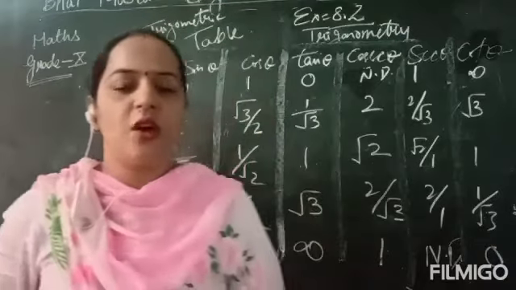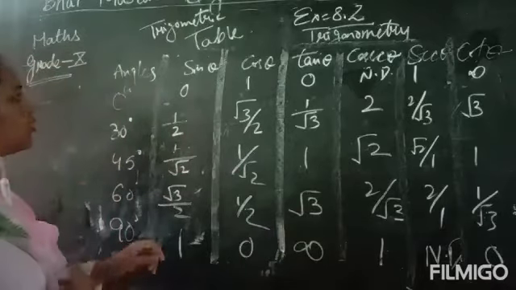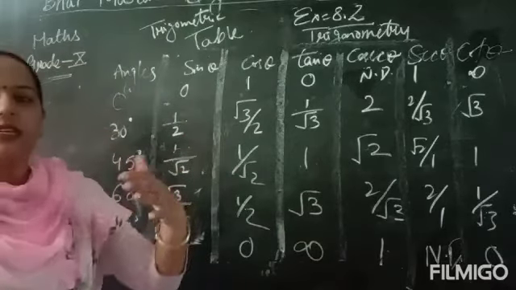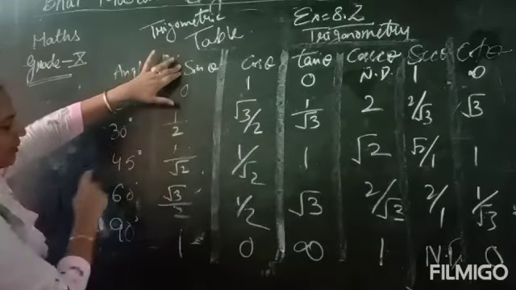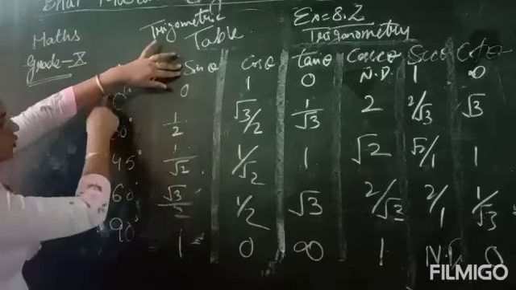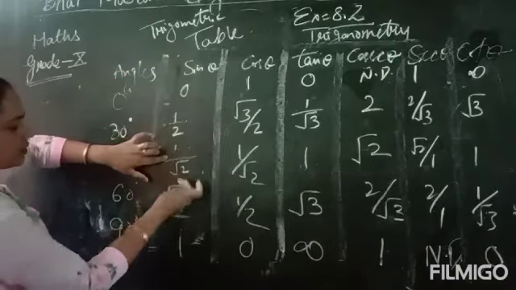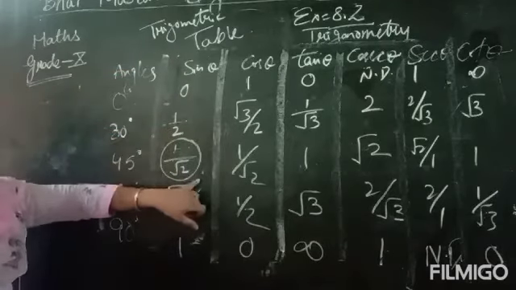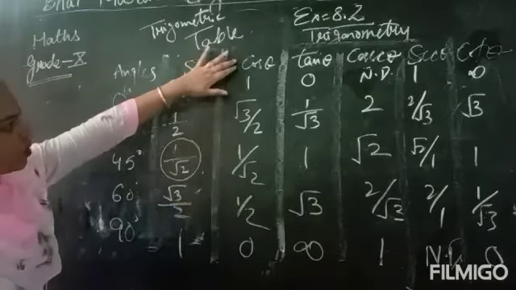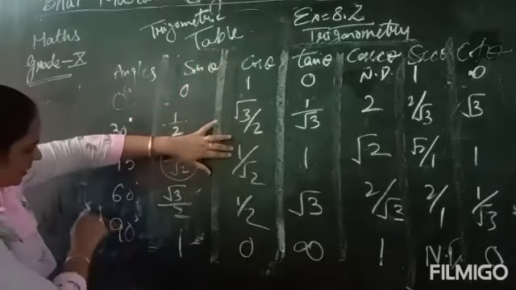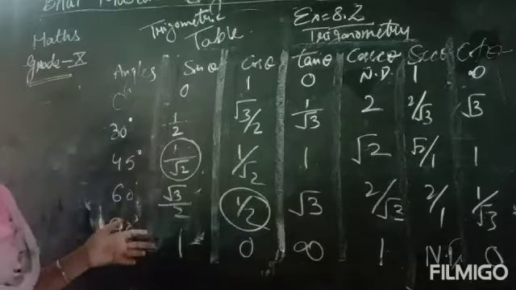Okay students, now I will tell you how to find the values from this table. How can we use this table? If I have to find the value of sine 45 degree, sine is here, so I will go along this side, and the angles I have on this side: 0, 30, 45. Go from here and come from here. This value is sine 45, 1 by root 2. If I have to find cos 60, the cos line is here, come from this, and the 60 line is here. So what value comes here? 1 by 2. You can find values like this.